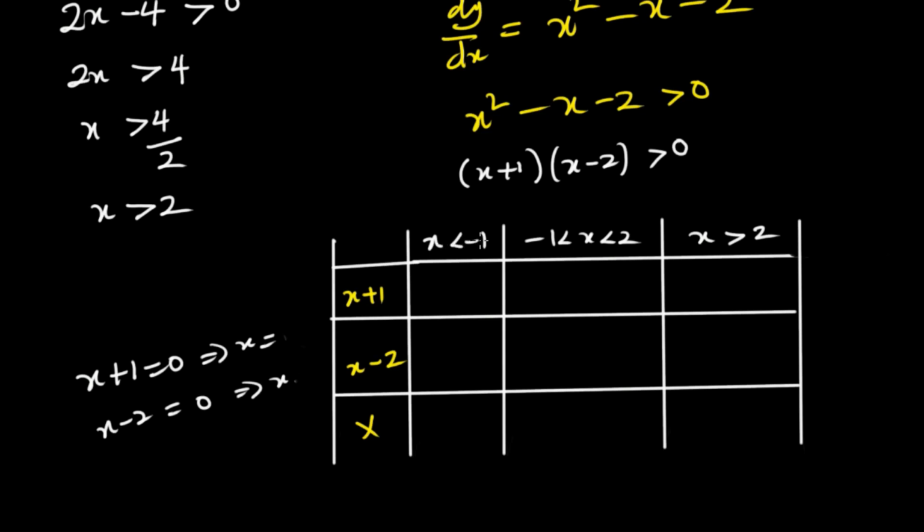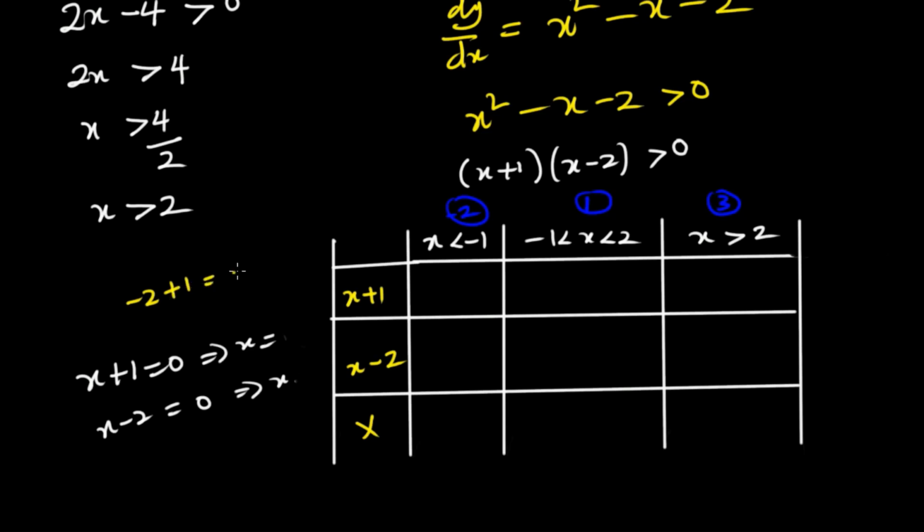which is x less than negative 1. So this can be negative 2. For the next one I can pick 1, and for this I can pick 3. These are the values that satisfy these inequalities. So for x, I have negative 2, I have 1, and I have 3. What I need to do is to substitute these values into this expression. So if I have negative 2 plus 1, I'm going to have